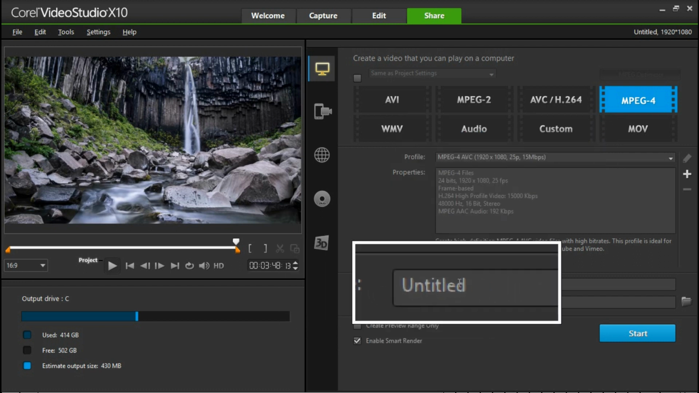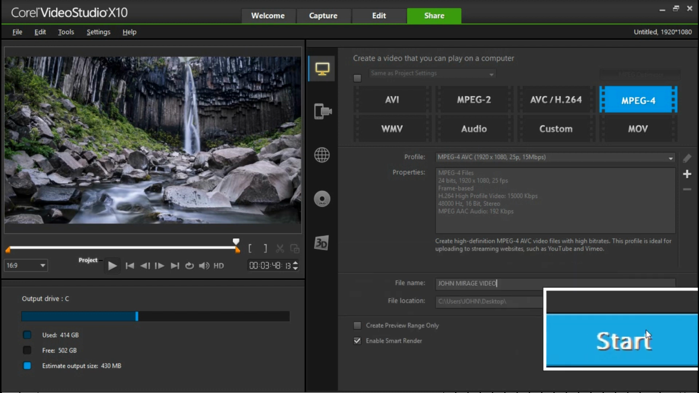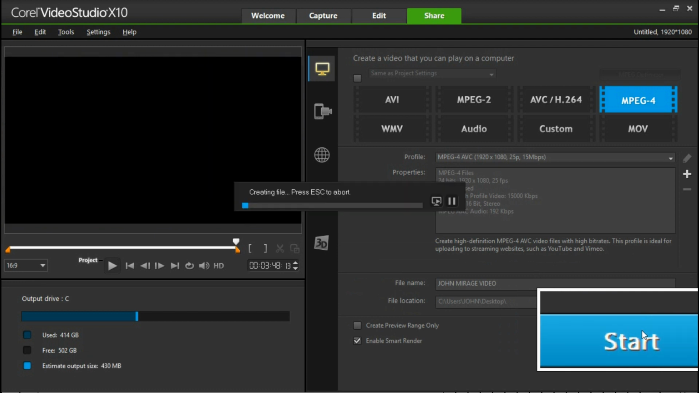So then give it a file name. Let's say we'll call this John's Mirage video, and then we save it. Takes a little while for it to render, a couple of minutes, but obviously the more modern the computer you've got, the faster it's going to do that. So I'll just shorten this in real time when I do the video,